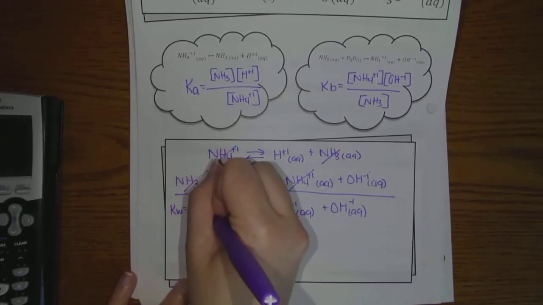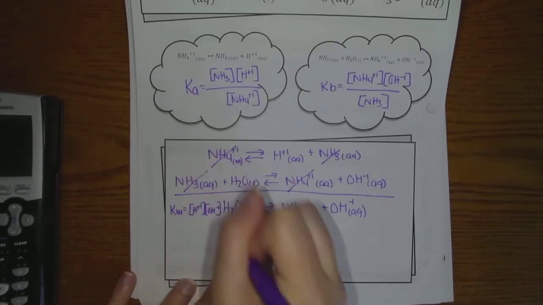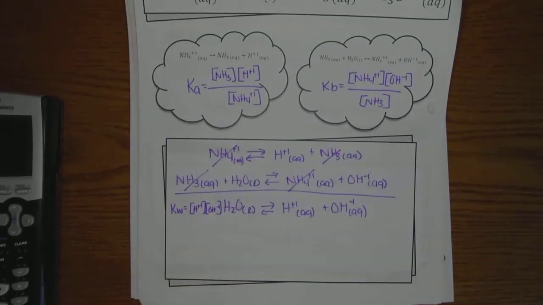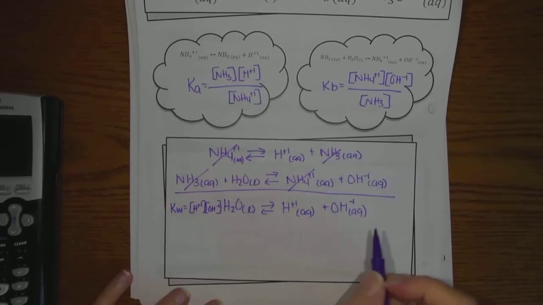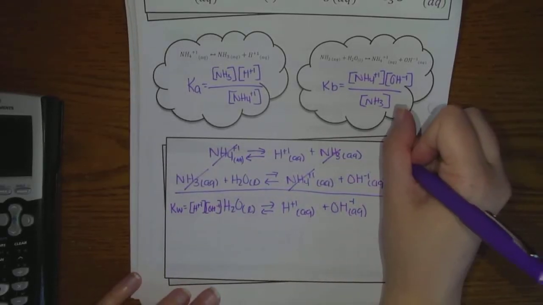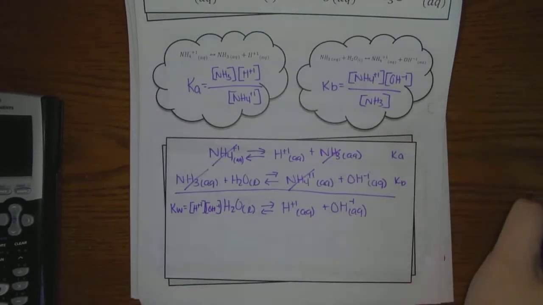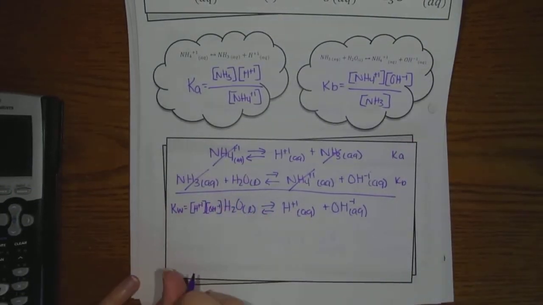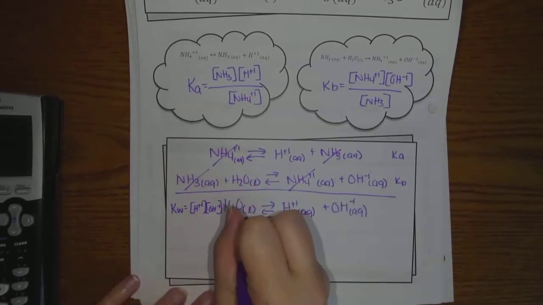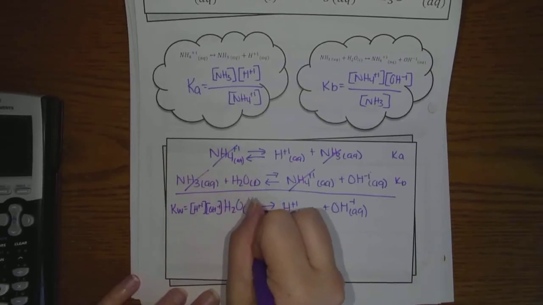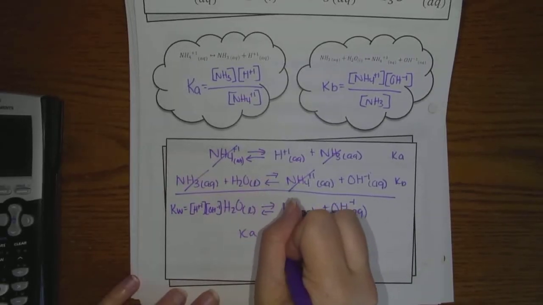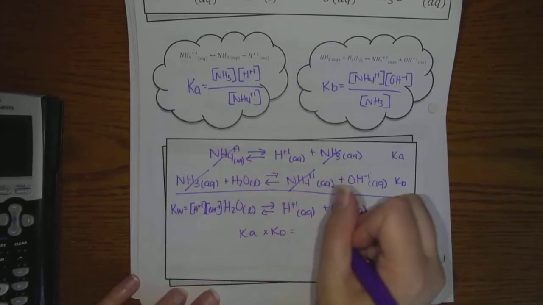Remember we started out with Ka and Kb. When we combined these, what did we do? We multiplied them together. So if I do that, I take Ka times Kb, that'll equal